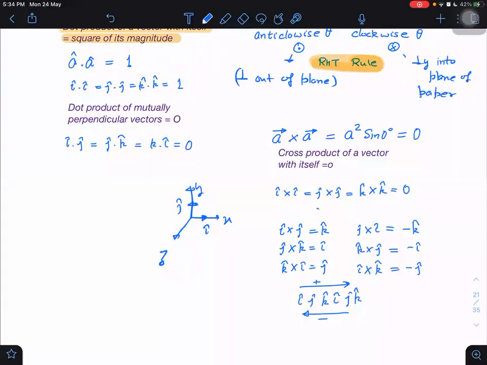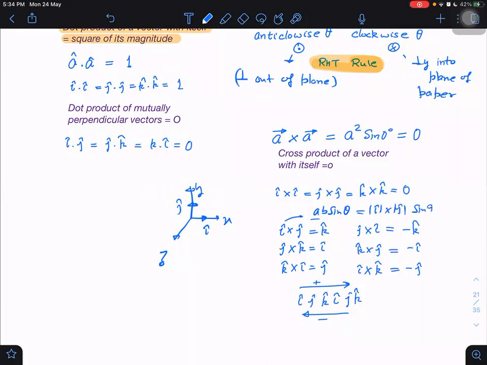Understand, the first term will be A into B into sine theta. Here, what is the magnitude of A? A vector is I cap. I cap vector magnitude will be 1. What is the magnitude of J cap? 1. B is 1 again. What is sine theta? Sine theta is the angle between I and J, which is sine 90. So what is the magnitude of this vector? Magnitude is coming out to be 1 only. Magnitude of I cross J is coming out to be 1. Therefore, it appears we are not writing the magnitude term, but it is there. It is 1 into K cap, and 1 into K cap can only be written as K cap.